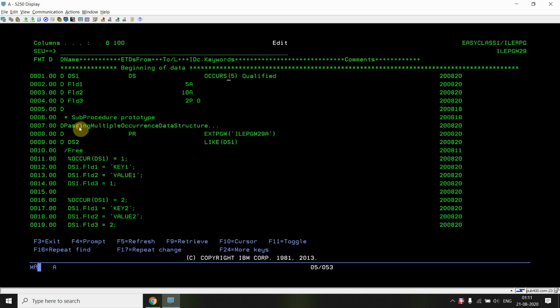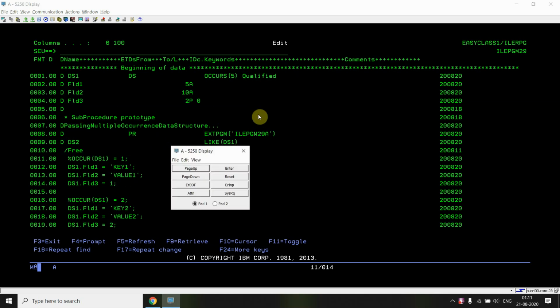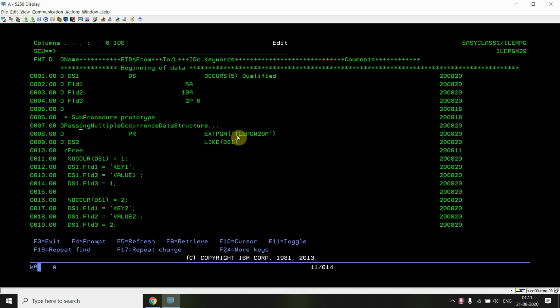Now you can see this is the procedure prototype method. I am calling this program ILE PGM29A, which is another program, using the procedure prototype call method. Here you are seeing the procedure name, which is a long name, so I use the ellipsis.